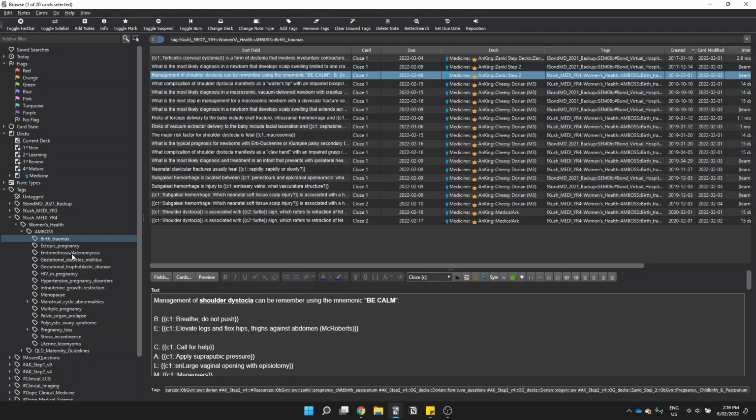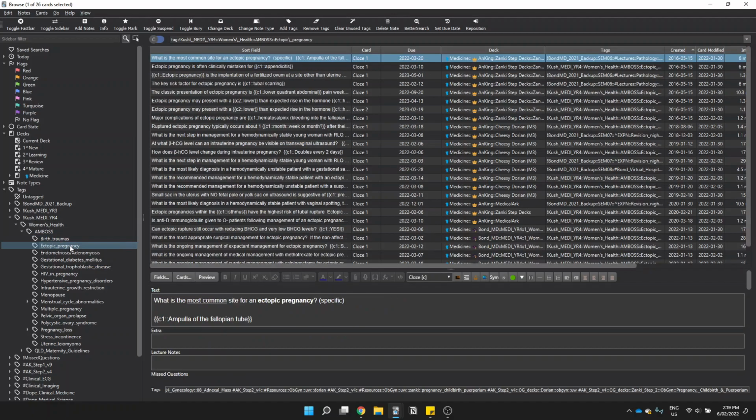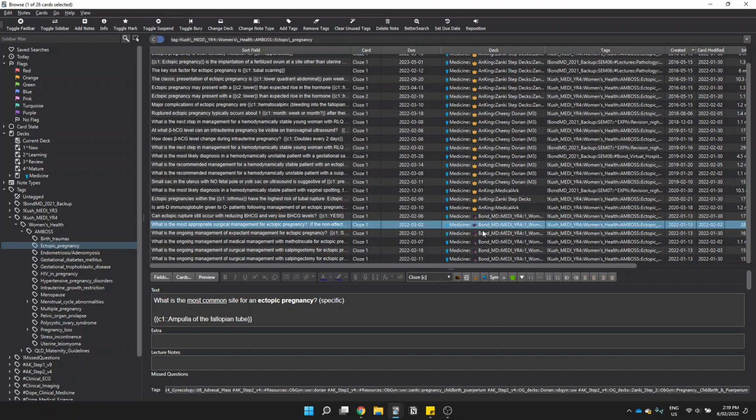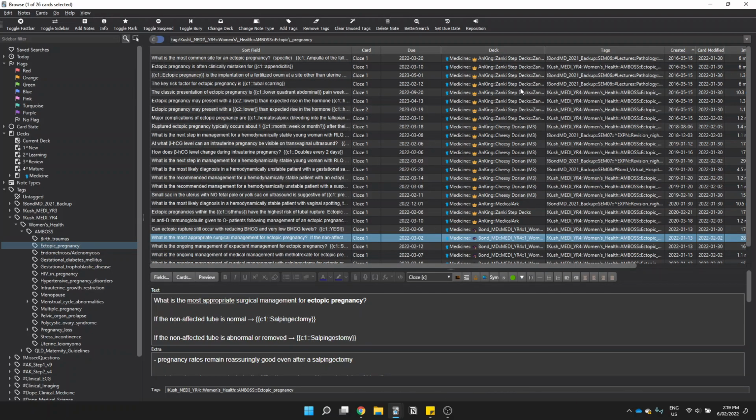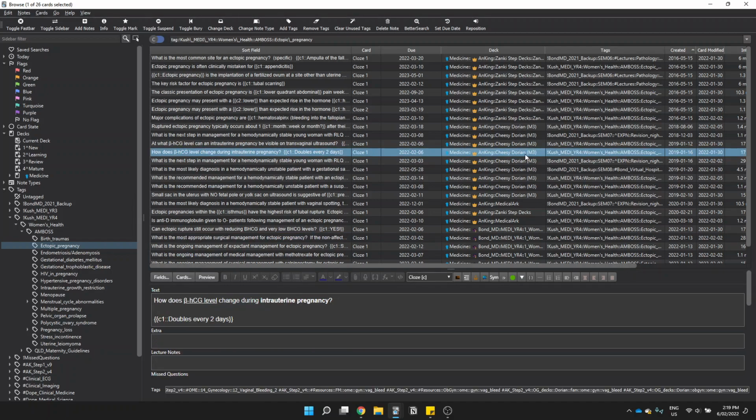And so when you're trying to put everything that is relevant to one topic in one place, tags are much better. The other reason is you can see that some of the cards I have in a topic called ectopic pregnancy, for example. Some of them are my own cards, some of them come from the Zanki deck, some of them come from the Cheesy Dorian deck. And so if I were to select all these cards and move it to a new deck that I would name ectopic pregnancy, it might not work nicely, because some of these cards I would want to include in